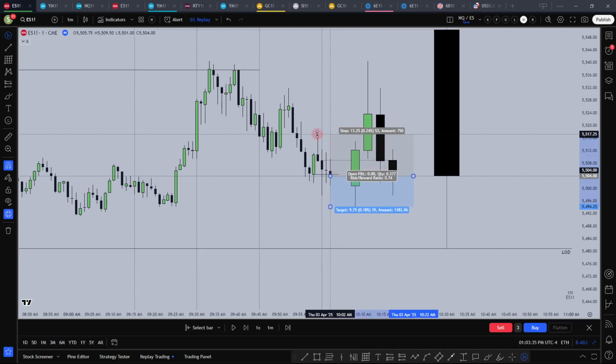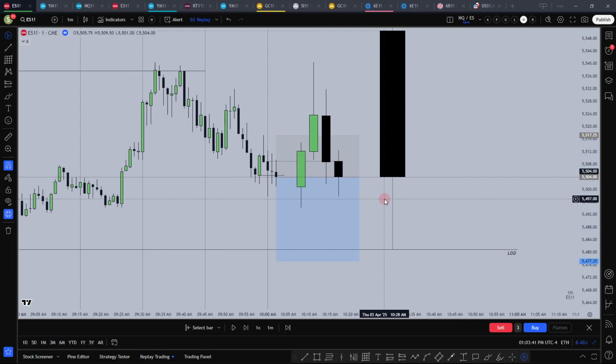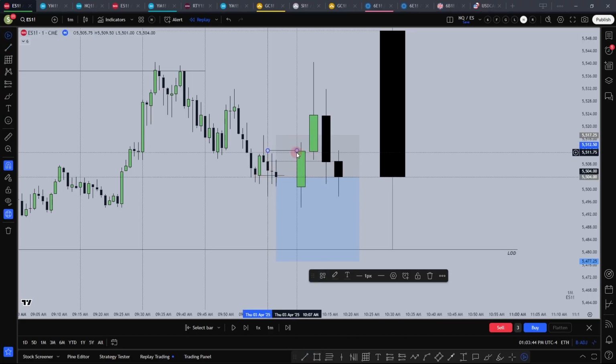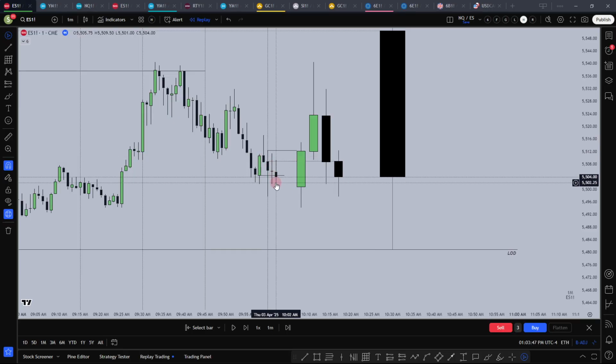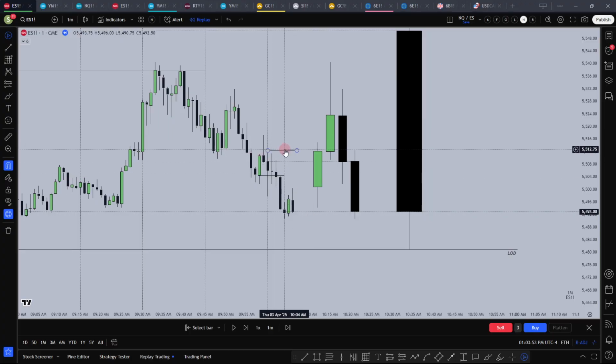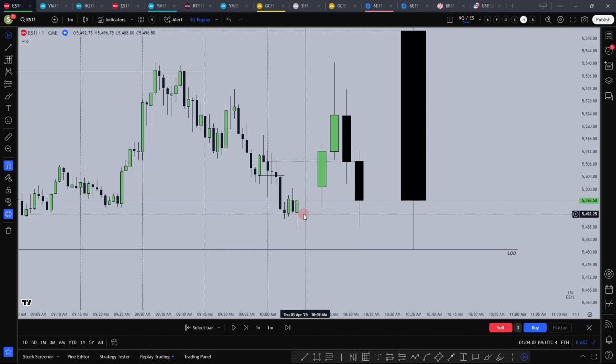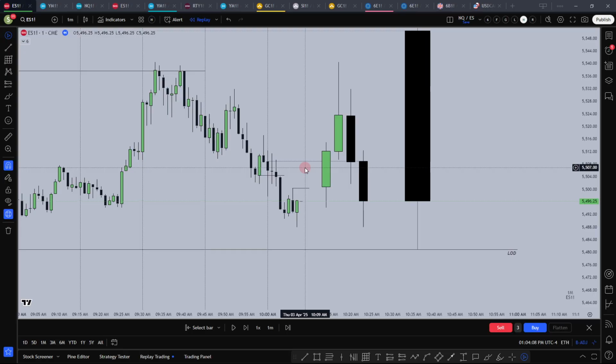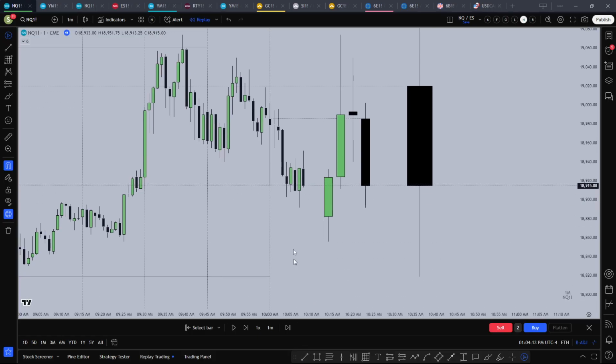Yes, kind of good, but could have worked as well, but I wasn't trusting 10 a.m. this high because not much of a displacement away from it, unestablished high. So I would rather want to see displacement away from it, price displaces away from it, then I want to see continuation entry. I was desperately wanting to not close below here, and didn't close below here, and then I was wanting run over this high, and price does boom boom, and it forms a run over here, but I didn't frame this candle.